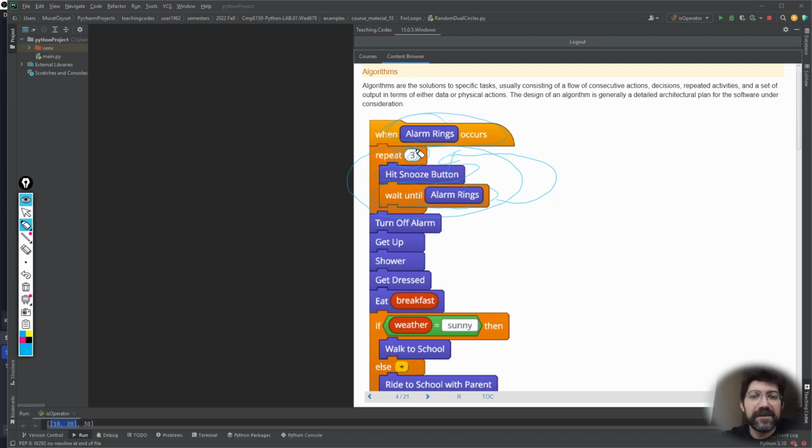And as we repeat, this number is going to be decremented. And after the loop is over, that we have hit the snooze button for 3 times, we get a punch in the face. Or somebody pours cold water, and then we turn the alarm off, and then we get up from the bed, take our shower, get dressed, eat breakfast if we are lucky, and then if the weather is sunny,